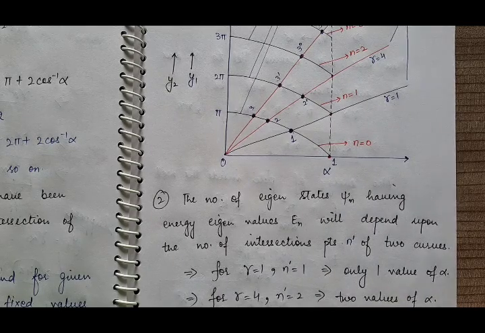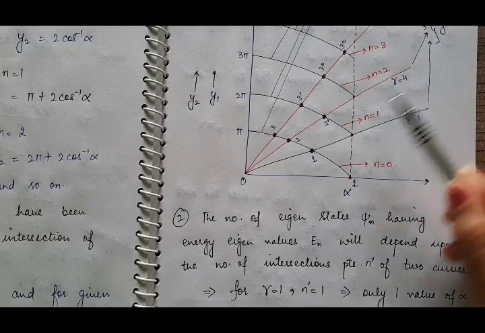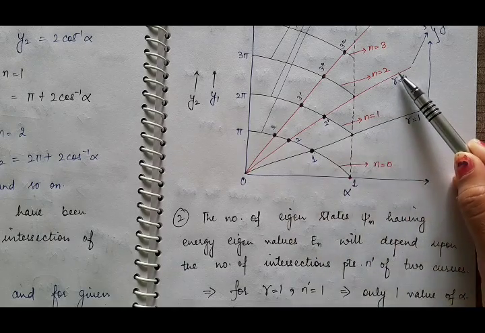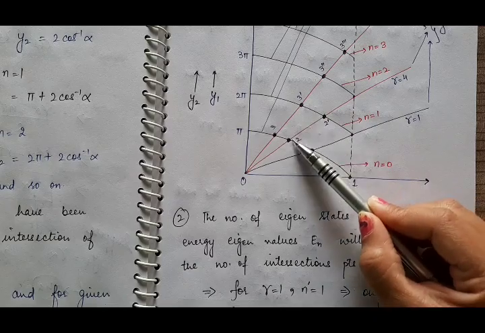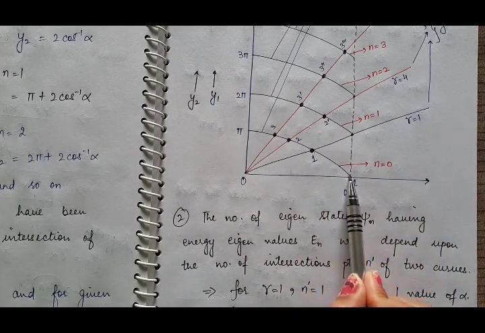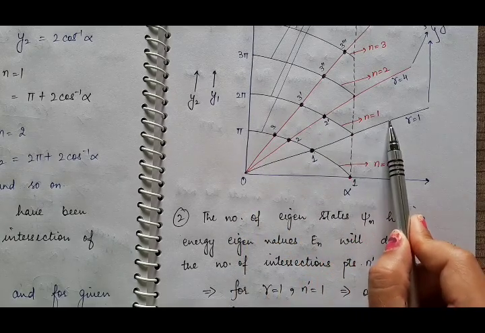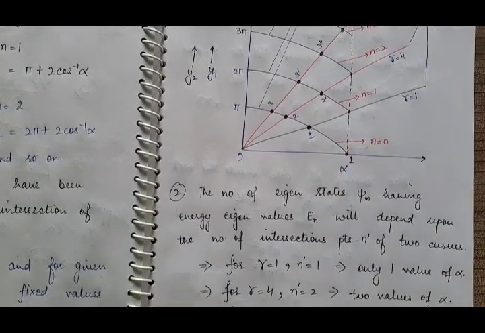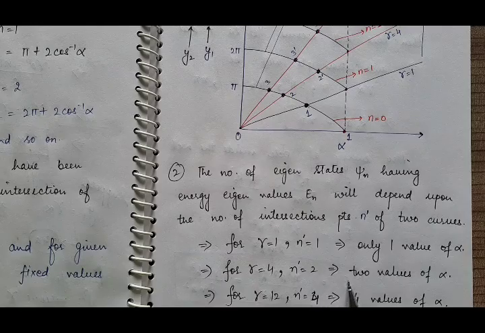Then corresponding to the second curve, that is for gamma is equal to 4, there are two intersection points of the curves for different values of n. One intersection point is corresponding to n is equal to 0 and the second intersection point is corresponding to n is equal to 1. So there are two intersection points. So for gamma is equal to 4, the number of intersection points is equal to 2, means there are two